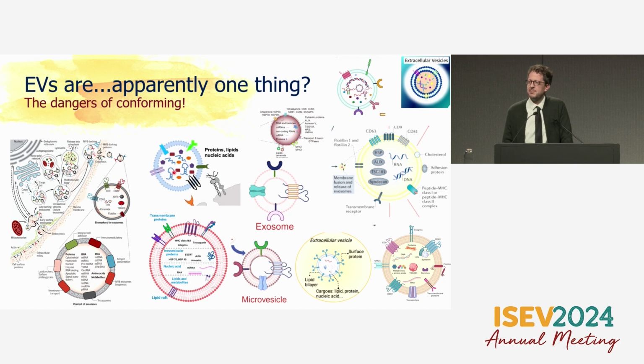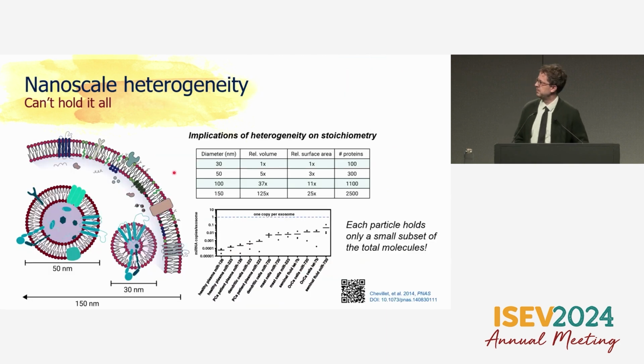I think one theme of this talk, and probably of the day, is that our cartoons are too simplistic and too reductionist, and actually the real picture of EV heterogeneity is quite beautiful and useful, and we can probably do a better job of animating these when we're talking about EVs. So I really like to think about the more physical parameters of EVs. I did my best on this cartoon schematic to draw things to scale. So this is roughly the size of a lipid, the thickness of a lipid bilayer, the size of a membrane protein, the size of a sterol, the size of a glycan, and then